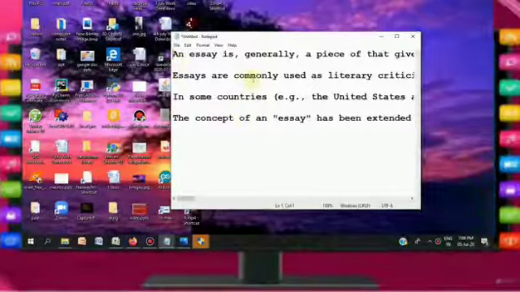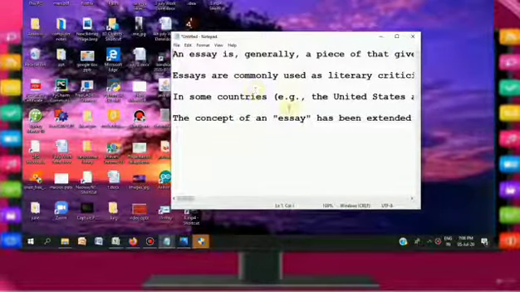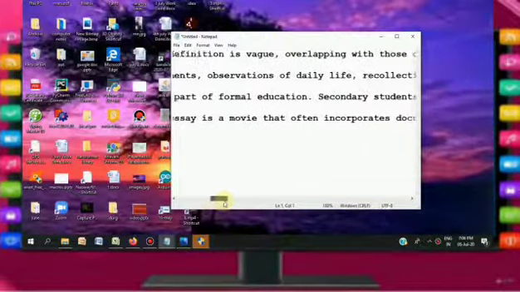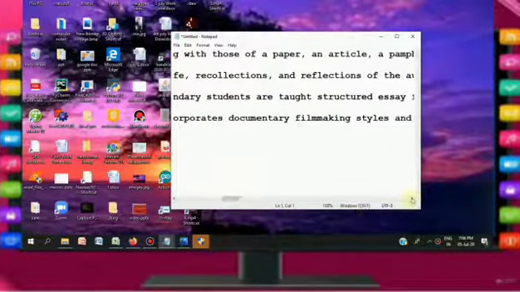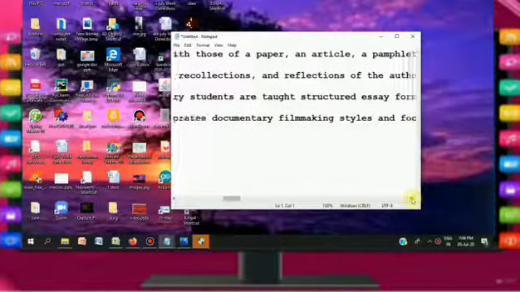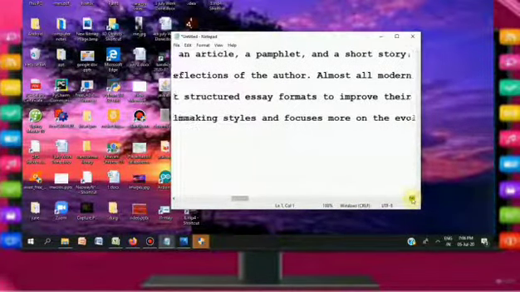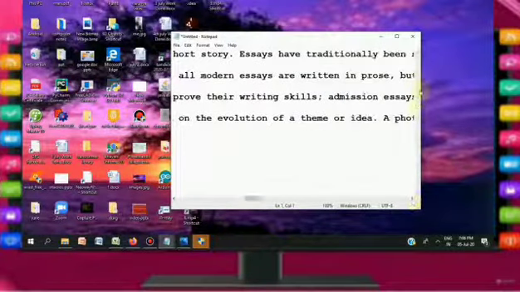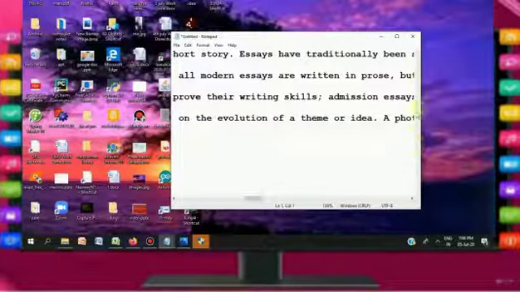I have taken some random text here. If the complete text is not visible, then you can use the active horizontal scroll bar. You can see the scroll bar is active now. You can scroll like this, or else you can use this right arrow. Click on it repeatedly till the entire text is visible. In the same way, you can also see the vertical scroll bar, but it is not in active mode.